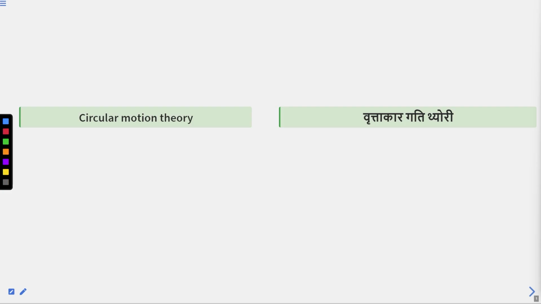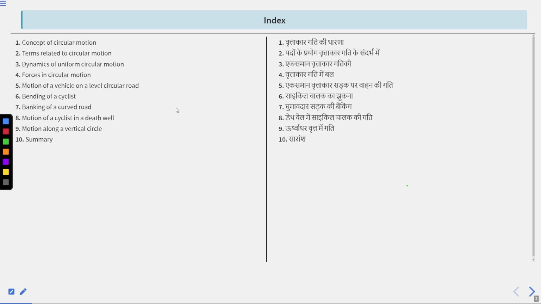Hello students, in today's lecture we will learn circular motion theory part. In today's lecture we will cover first is concept of circular motion,